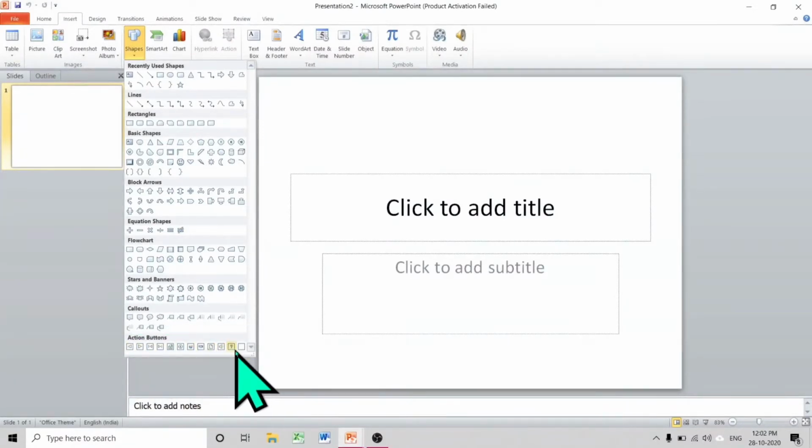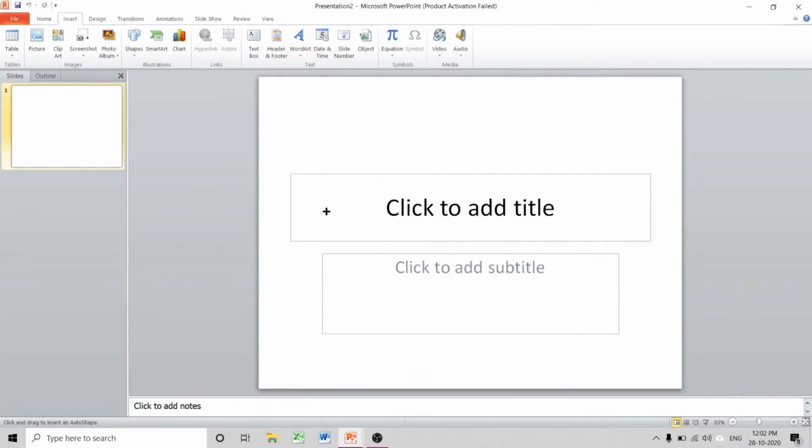So you can choose any action button from here, and you will draw that action button in your slide like this.